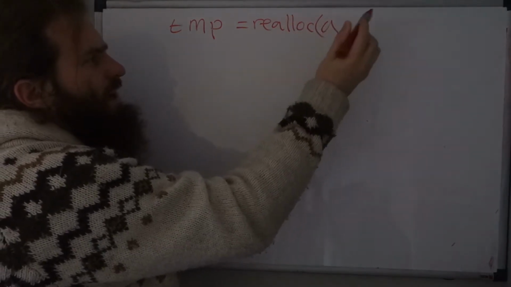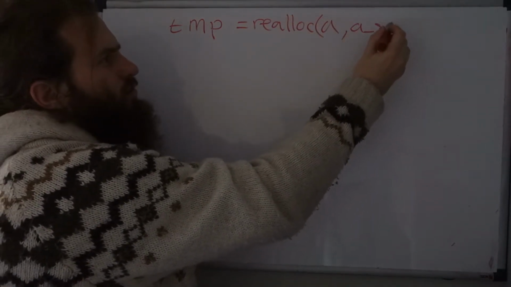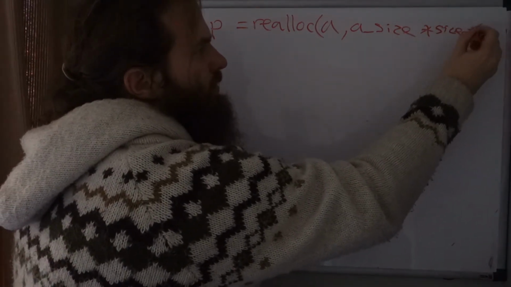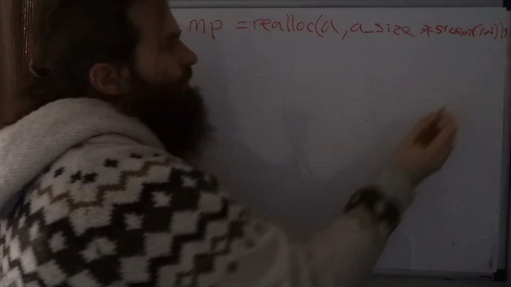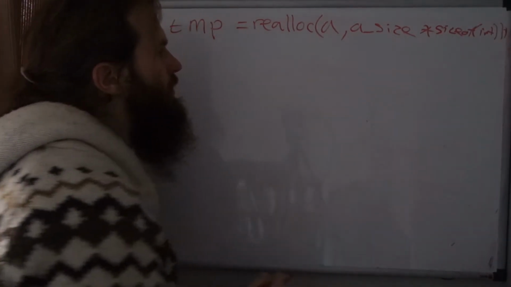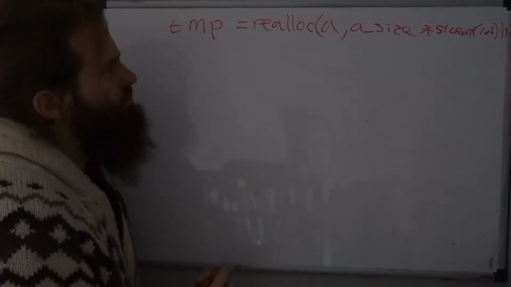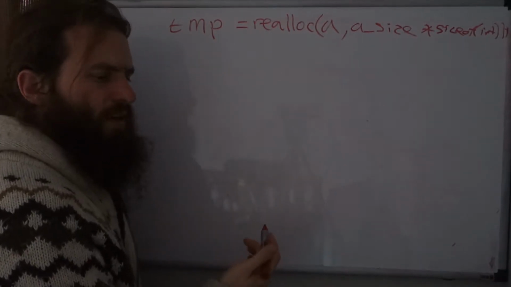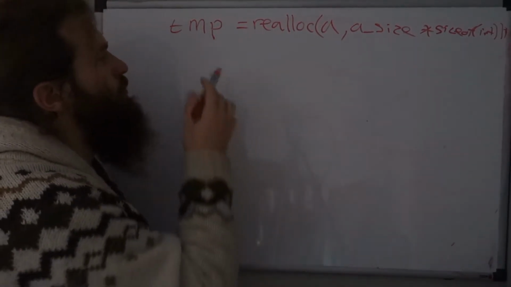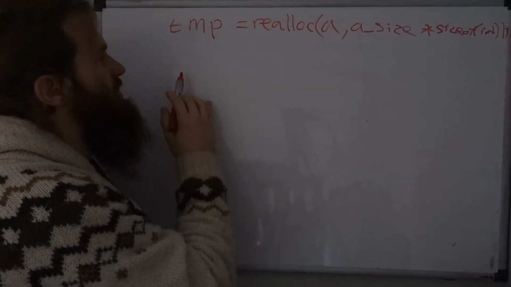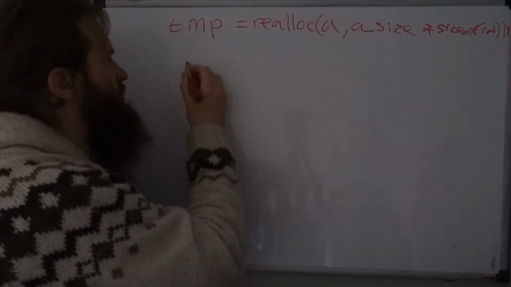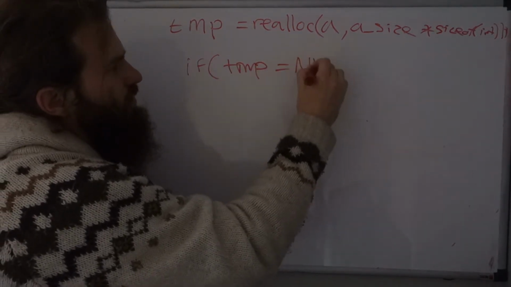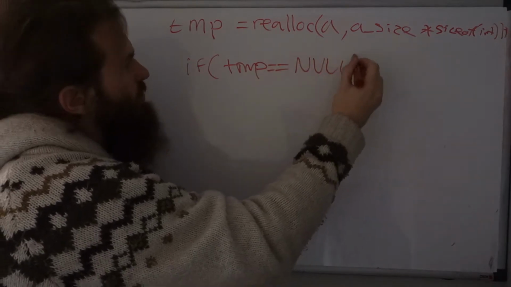We're reallocating A, and it's going to be A_size times size of int, semicolon. So now that temp has the return from realloc, if the reallocation does not work, then temp will be null. So we then need to check, is temp null? So if temp equals null,